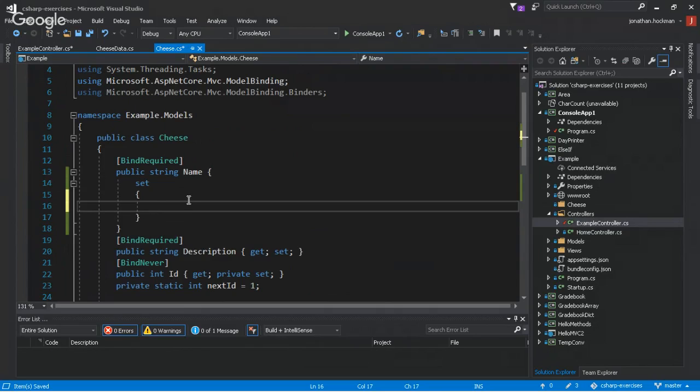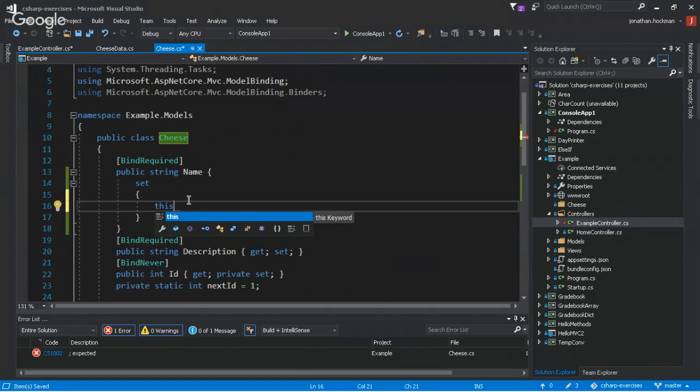There's nowhere to store the value if you override it. So in that case, you would need to spell out a private string, lowercase name, something like that. It doesn't have to be lowercase or underscore or anything like that. That's what I do as a convention, but you can't use this because that refers to the instance. So yeah, you'd need something to store it in,